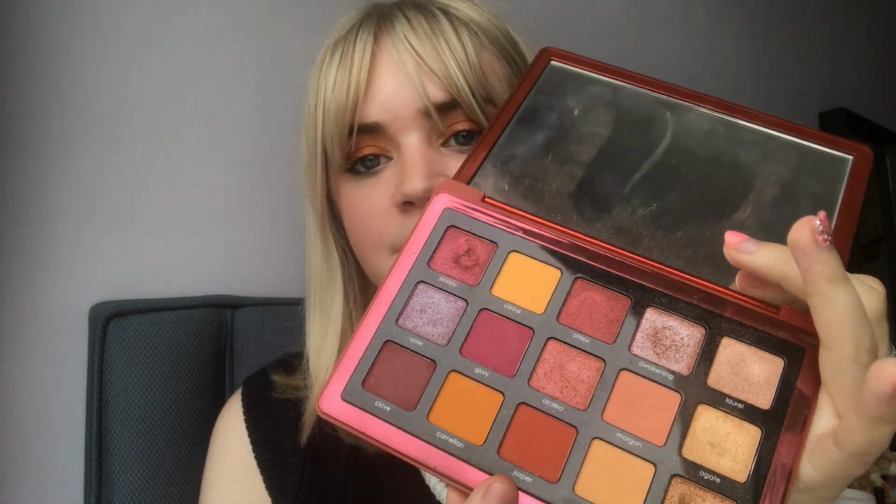And then the shade for J, again, I didn't really have any J's in my older palette, so I've picked the Natasha Denona Sunrise. This isn't old, but it also isn't new, so I guess it would fall in the middle. The shade for J I've picked is Jasper here. Again, it's a nice warm mix between red and orange. It's not quite red, but it's also not quite orange. It's a bit deeper and a little bit of a different formula to the Empress one, although they do look a little bit similar, but I do like to use these a lot. This one's Jasper here. I feel like it would be really nice for deepening up because it's similar tones